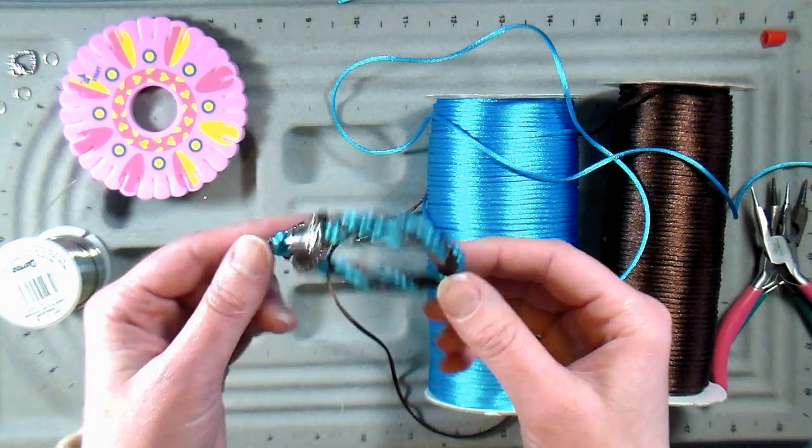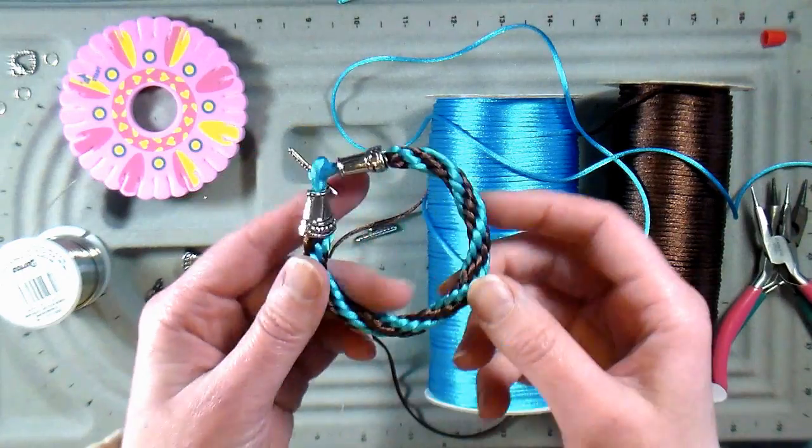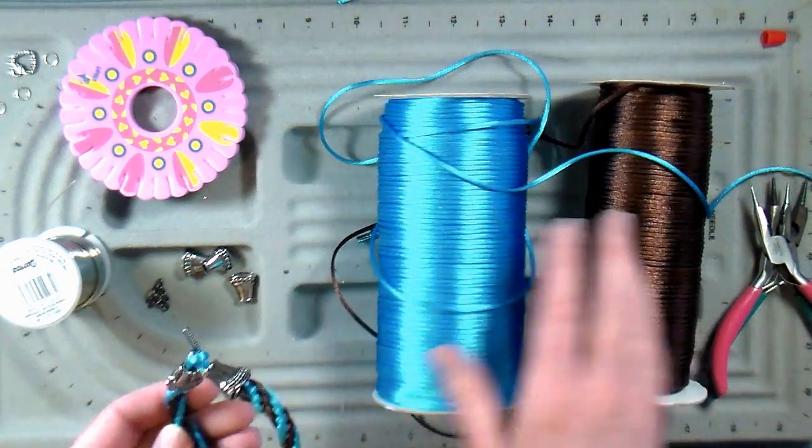Today I'm going to show you how you can make this easy spiral braided bracelet using some 2mm cord from